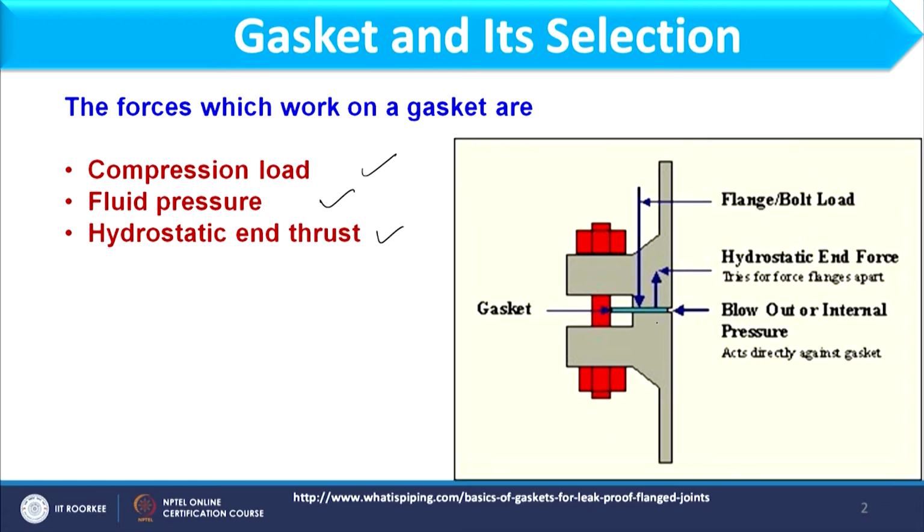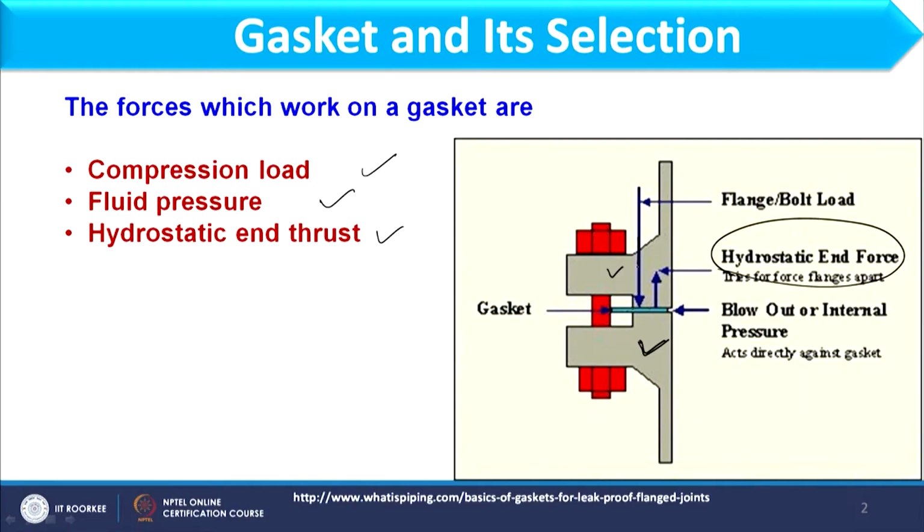If you consider this image, this is one part of the flange, this is another part of the flange, and this is the whole connection. These two flanges are connected with the bolt, and in between these flanges I can place the gasket. Once I am having the bolt, what is the meaning of that? That it compresses this gasket. This bolt basically provides the minimum seating stress, which we have discussed in the last lecture. So, the seating stress basically compresses the gasket. It will work toward the center of the gasket.